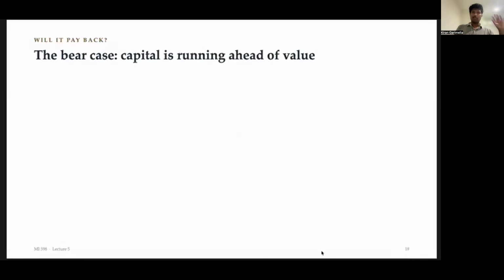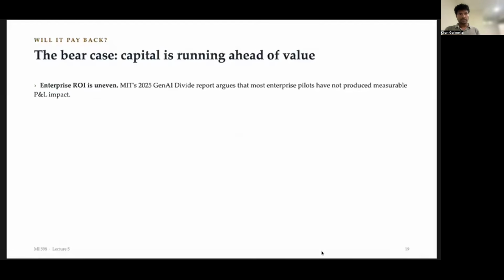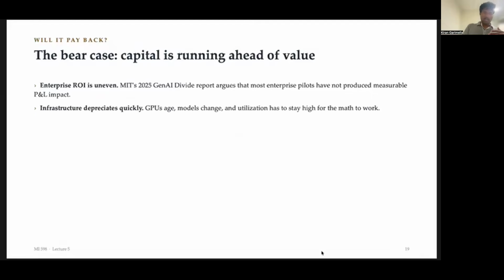And you can make a bear and a bull case for this. Bear as in doubtful, like, okay, AI is not going to succeed: the capital is running ahead of its value. There are a lot of studies that make this case, that AI is a bubble and all of that stuff. There's MIT's 2025 Gen AI Divide report, which argues that most enterprise pilots have not produced measurable impact in terms of productivity,